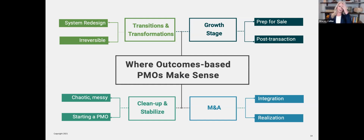I think that's a great question. Thank you for that. I think it's more about the outcome. What is expected of the PMO that is being established, and what do you need it to do? I think a temporary versus a permanent nature could apply really across the board. It's just thinking about how long do we need this, and what are we really trying to get to here,